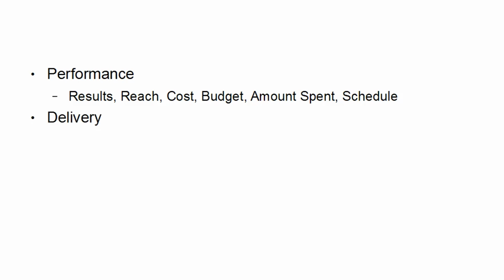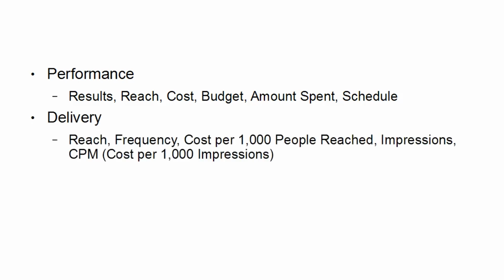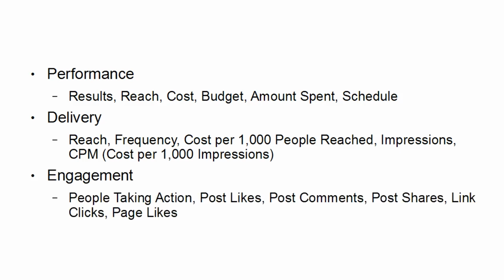Then there's delivery: the reach, frequency, cost per 1,000 people reached, impressions, CPM, that's cost per 1,000 impressions, and this is if you're doing CPM rather than PPC. Then you've got engagement. This is people taking action: post likes, post comments, post shares, link clicks, and page likes.